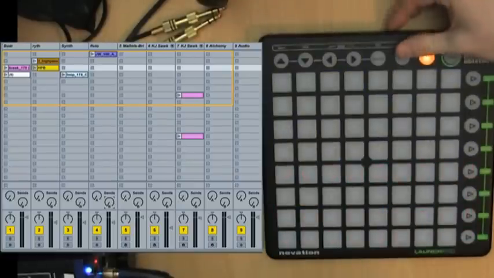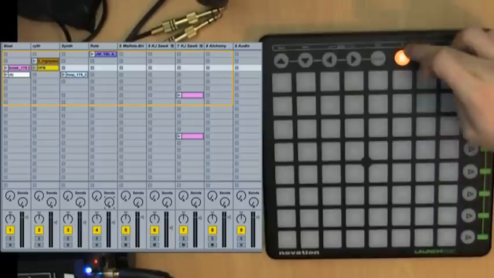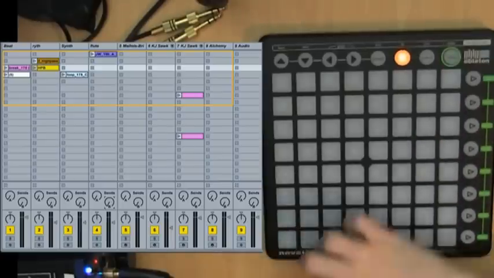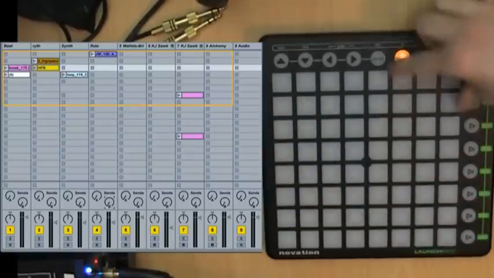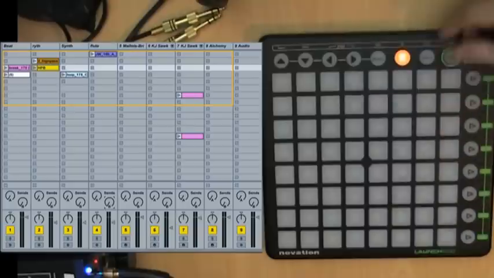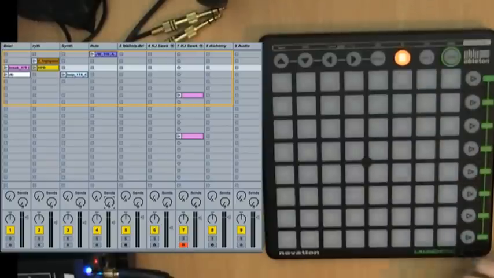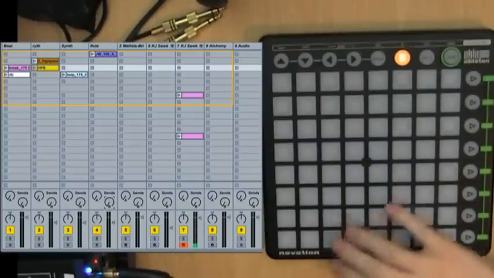Now the user modes are set up to be fairly configurable. You can set them how you want. User mode 1, you've got all your notes which run up in a set of 4 like this, which is ideally designed for drum racks. So for instance, I've got a drum rack on channel 7 there, so if I hop over to my mixer and I arm the 7th channel, jump back to user mode 1, and I should have a drum rack there,